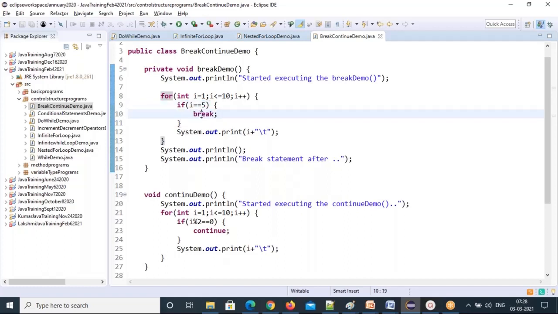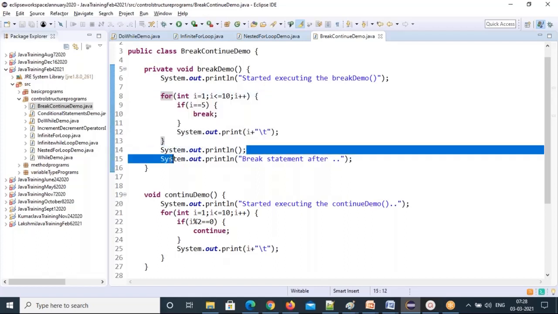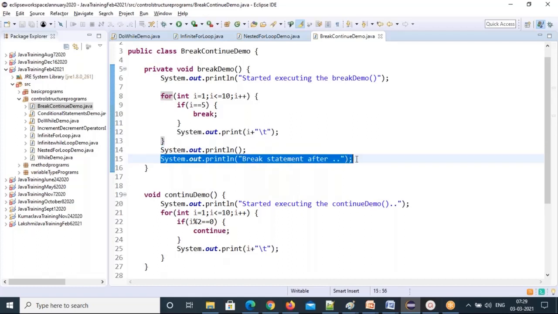So break is executed. Break means this entire loop will exit. It will come here directly, and then this statement will execute. Once the break is executed, the entire loop will exit. And continue means only that part will skip, and the next iteration will start. That's the difference between break and continue.